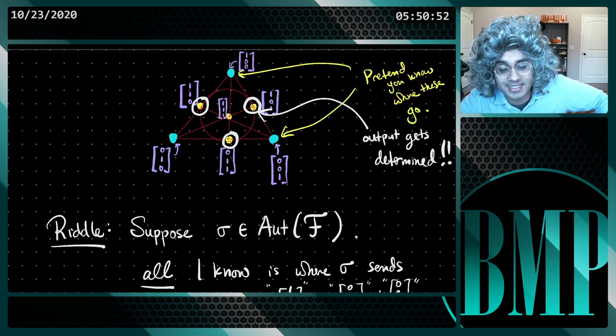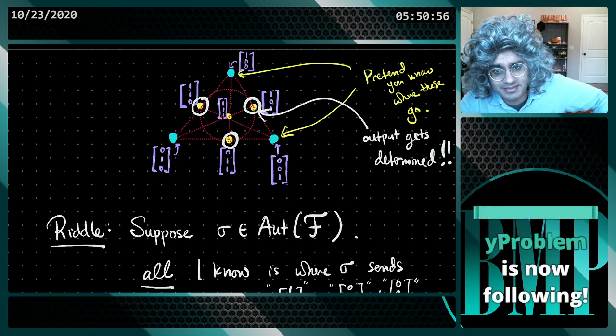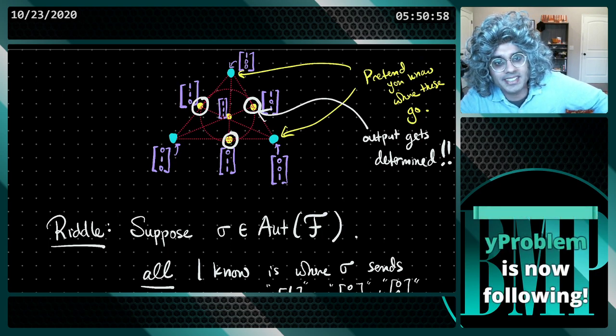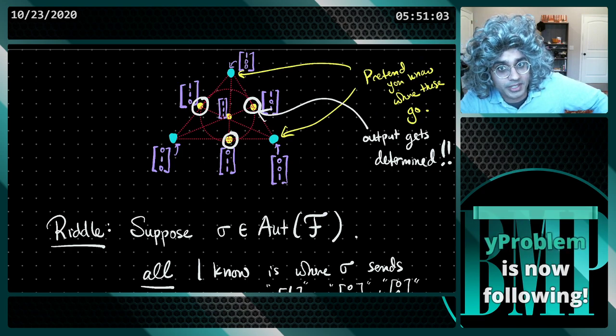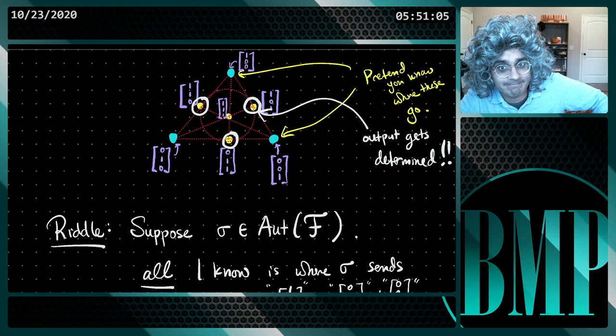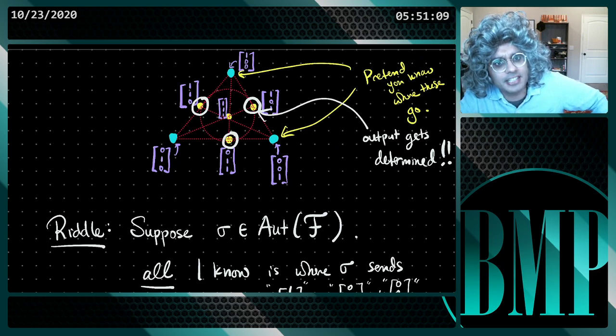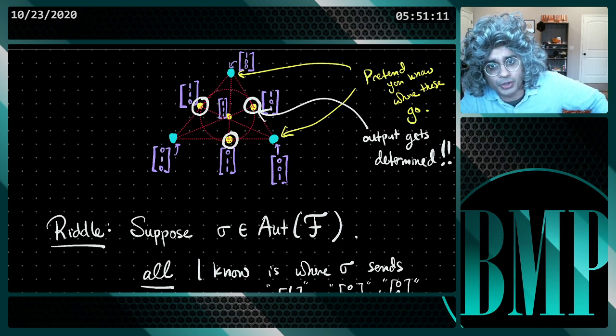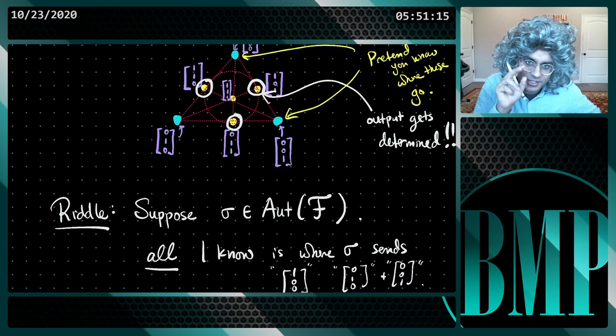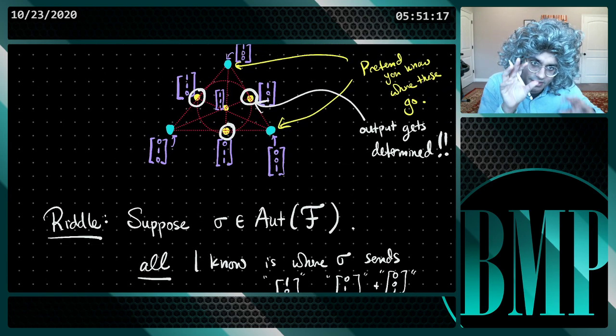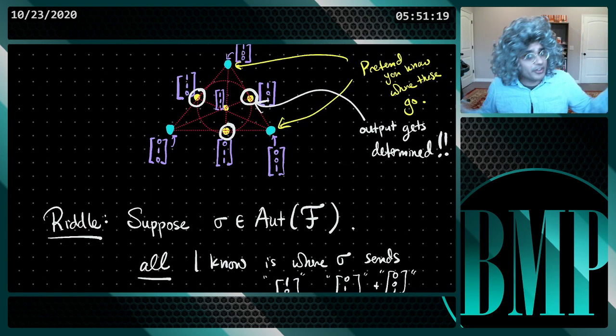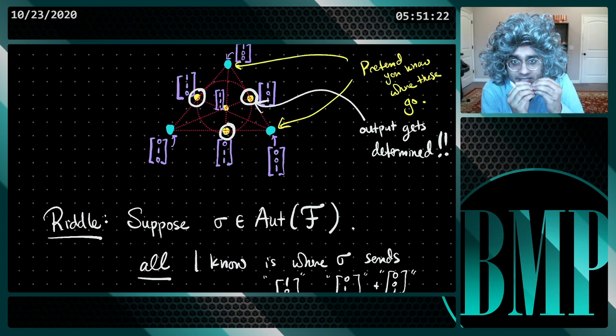In other words, all you need to know about an automorphism is where it sends 100, 001, and 010. That's my observation for you. Once you know what happens to those 3 dots, everything else is frozen into place,